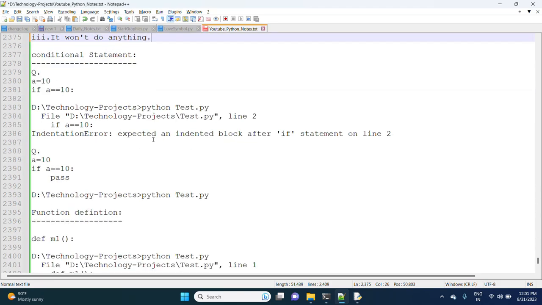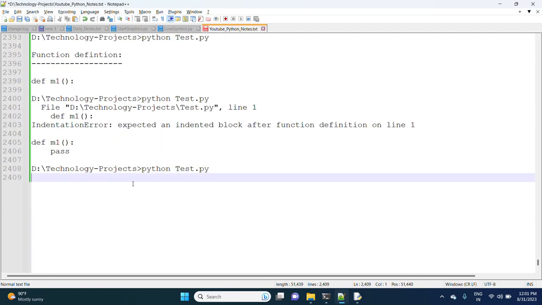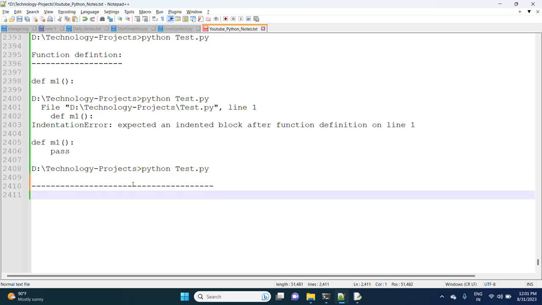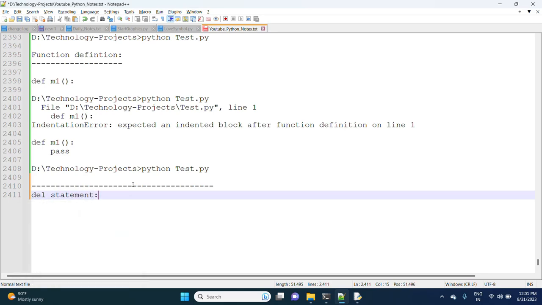With respect to conditional statements we observed it, and with respect to function definitions we observed it. Now the next one: observe the del statement.